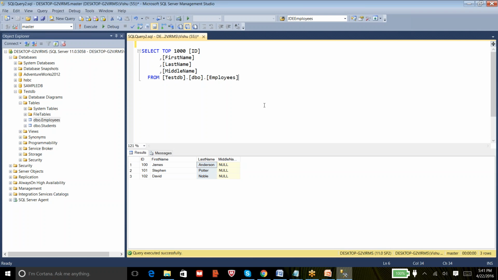To hide that, in our select command, we just remove this column, or the other way is just to comment it. The double hyphen is nothing but a comment. So you can re-execute this statement and you see we only got ID, first name and middle name. The last name is not displayed over here.